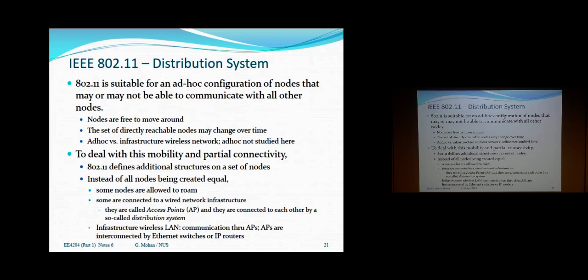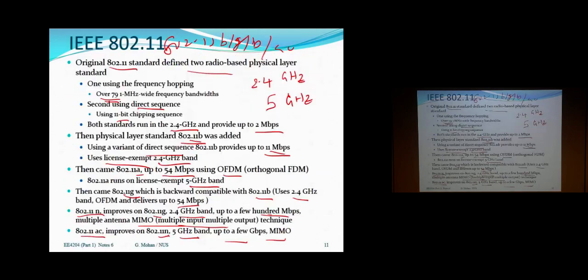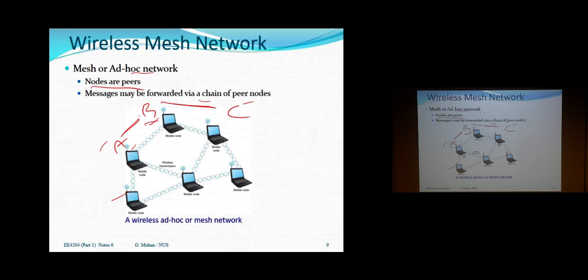Okay. Now, we will look at what is called infrastructure based communication between two wireless nodes. As we have seen before, there are two possible modes. One is ad hoc, in the sense that everybody is free to move and they can also directly communicate to others. If they are within range, they can also communicate to others through more than one hop, like A can communicate to C through two hops. So this kind of mobility and peer-to-peer communication is the ad hoc mode